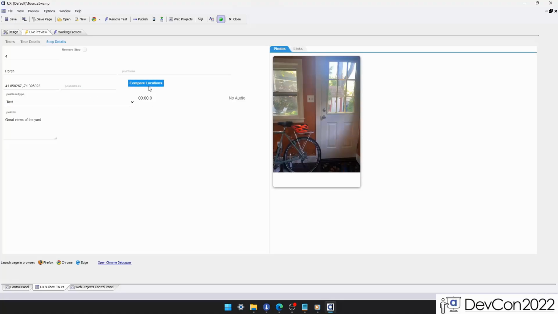And here's where we're going to add in the compare locations. If this had an address, this would open up a map to plot both of the addresses. Similarly, if it had an address and it didn't have a lat long, we want a button here to encode that location,